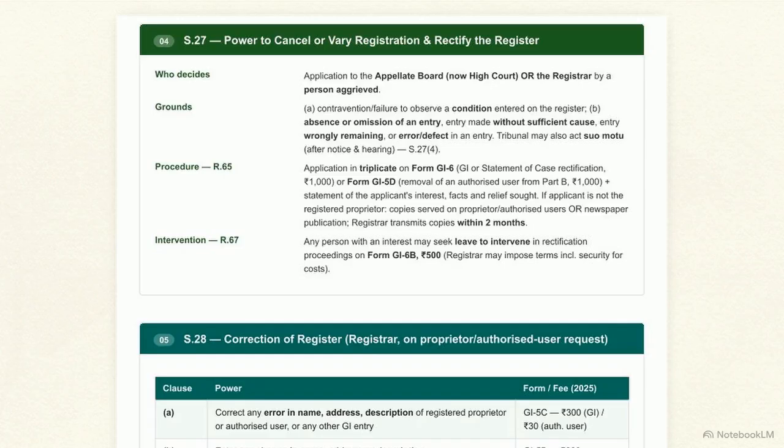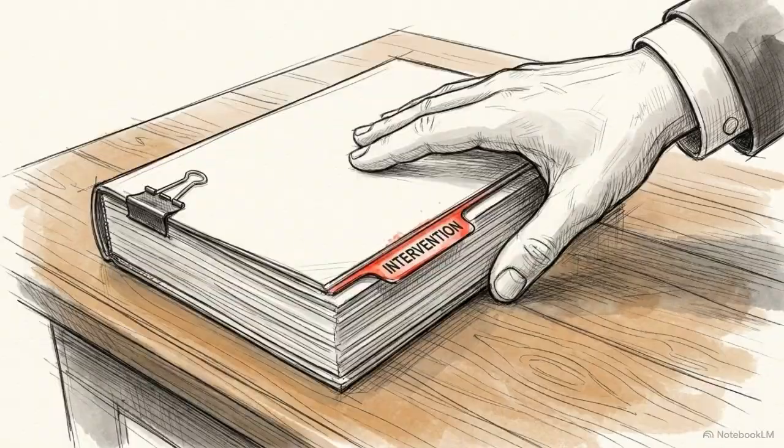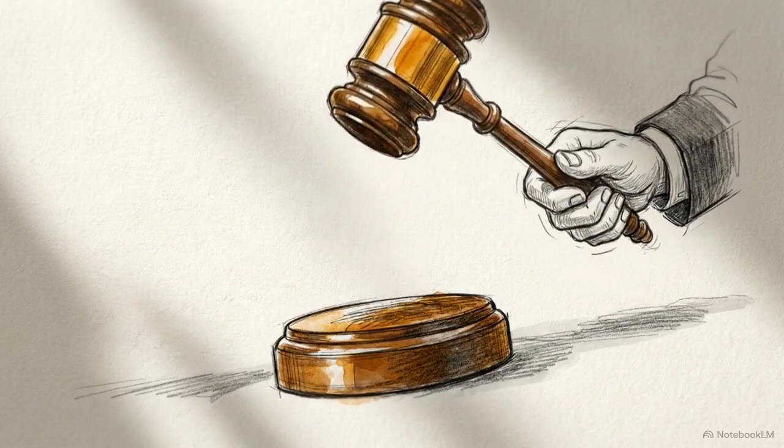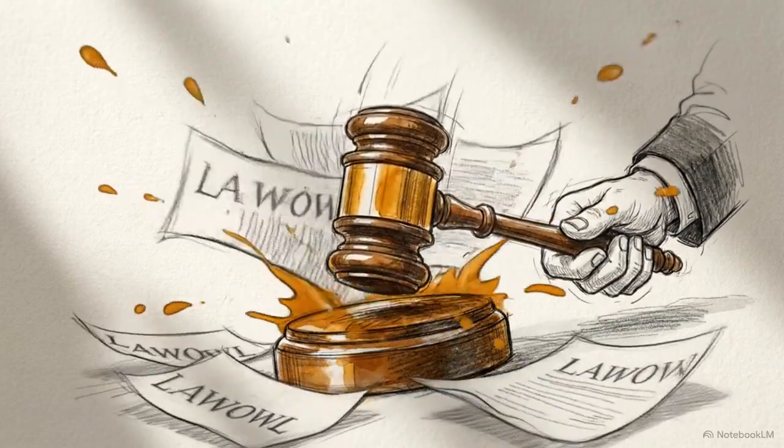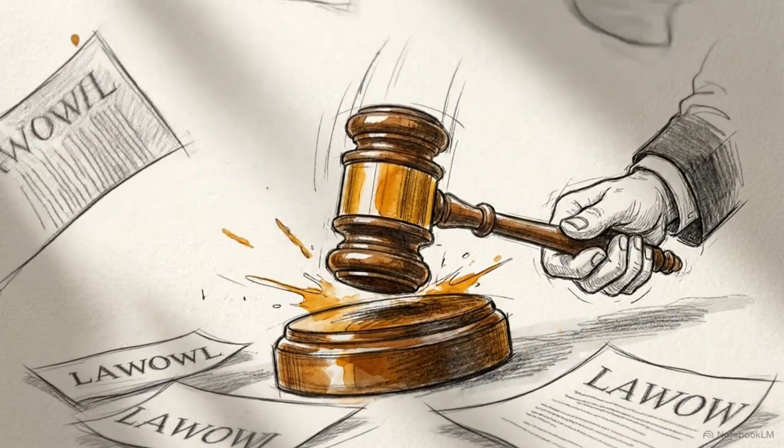Under Rule 65, apply in triplicate on Form GI-6 with a 1,000 rupee fee, plus a statement of facts. Notably, a past exam question highlighted that removing an authorized user from Part B requires Form GI-5D. Interested third parties can also seek leave to intervene in these proceedings using Form GI-6B for 500 rupees. Section 27 is a weapon, the primary adversarial mechanism used to police the register when parties actively dispute the validity